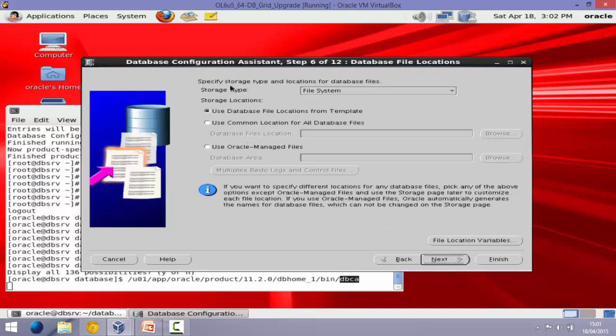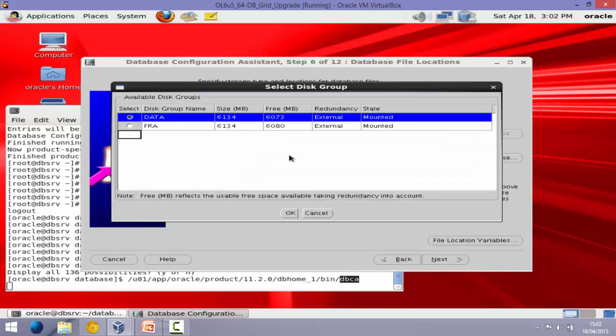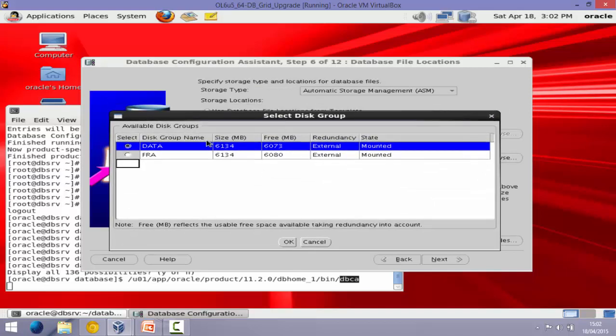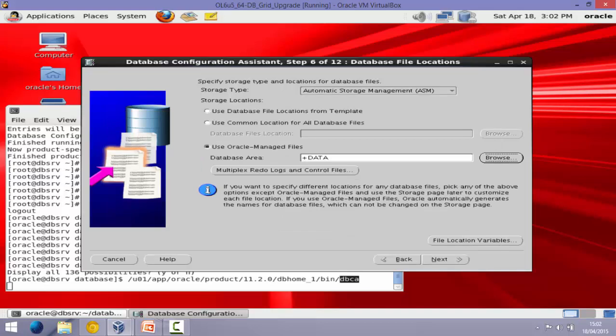To specify the storage type and where your data files are located, I want to choose ASM as the destination where my data files will be located. I want to choose OMF, Oracle Managed Files, and at this step I want to choose the disk group DATA as the location of my database files. Just check OK. Next,